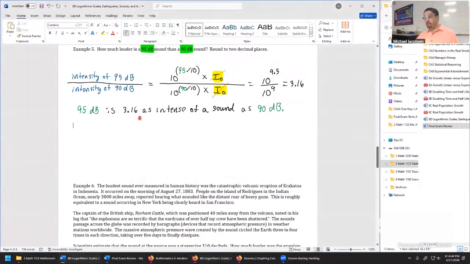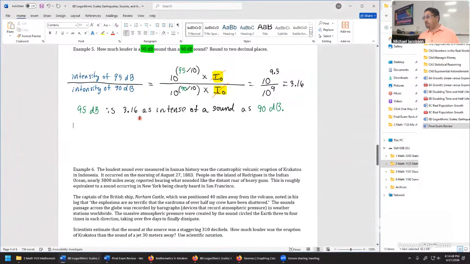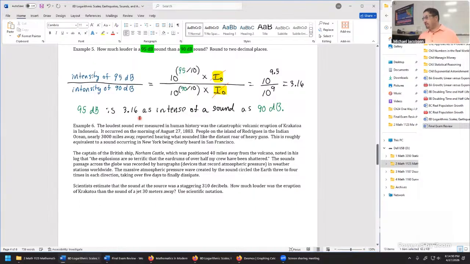Okay, we briefly took a look at this one before we ended and went to the weekend on Thursday. This one is a really crazy bit of history that's occurred. The loudest sound ever measured in human history was the catastrophic volcanic eruption of the Krakatoa volcano, I'm assuming, in